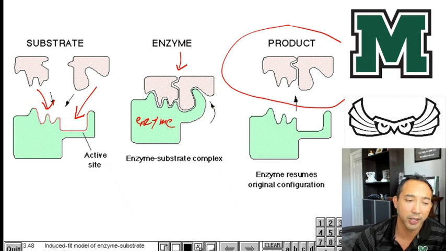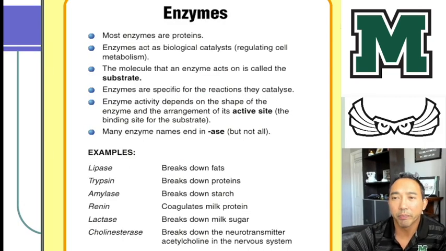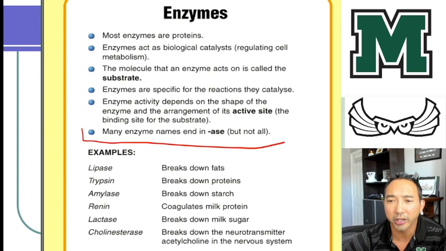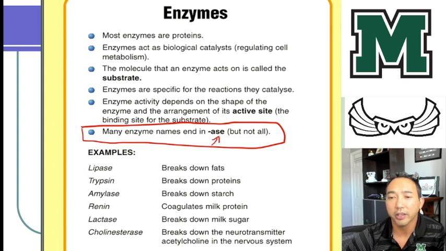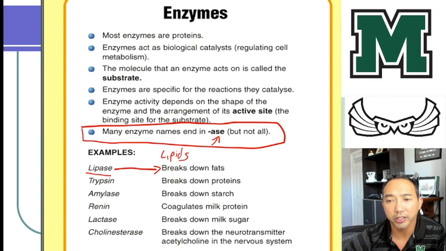Okay, so quick summary. Most enzymes are proteins, but not all proteins are enzymes, right? Enzymes are biological catalysts. You can read this, I'm not going to read that. Here's what I wanted to underline and highlight. Two things. First off, the enzyme has a special name. Not always, but most of them will have this ACE. So if you picked it up earlier, lipase breaks down fats, which are lipids. Pretty interesting, right? Amylase breaks down starch, and that's not really close. Lactase breaks down milk sugar, which is